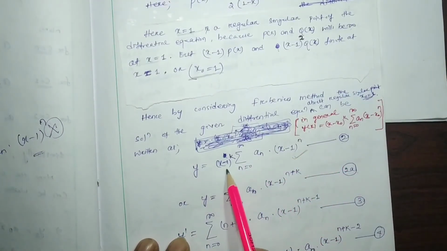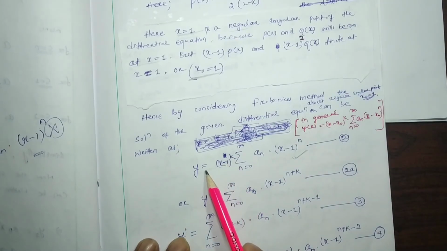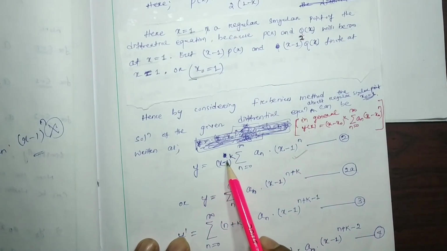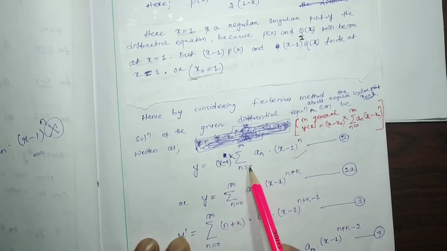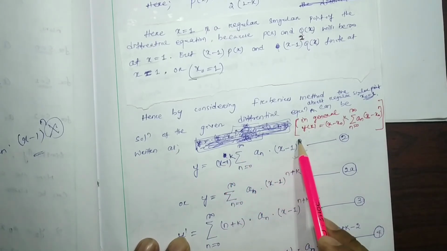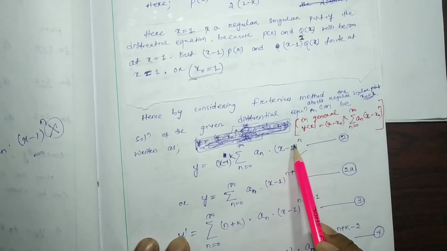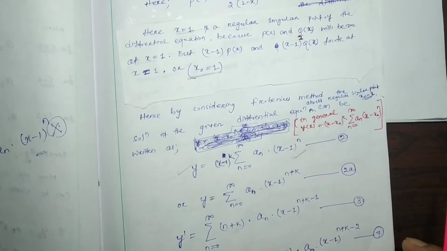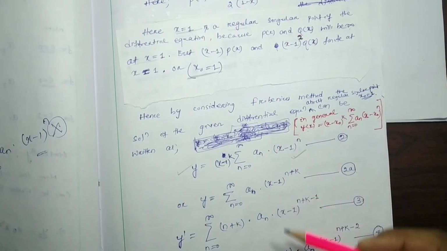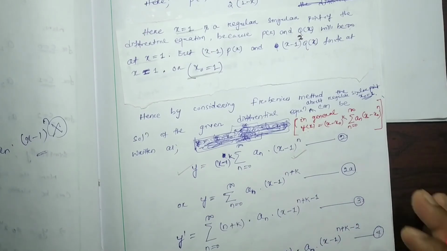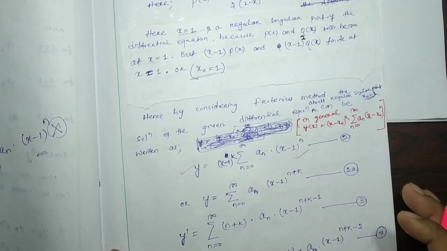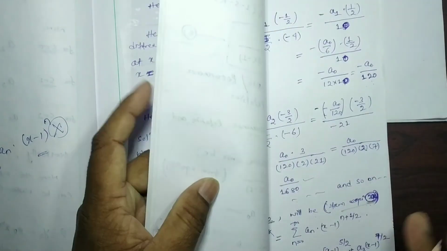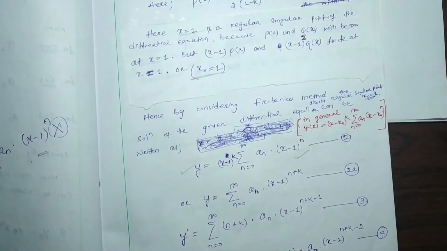So hence the general solution is going to be considered as (x minus 1) to the power k. Here x0 is 1. If we consider x0 equal to 0, it will be x to the power k, summation over n equal to 0 to infinity of an x to the power n. As x0 is 1 here, the general solution is going to be considered this one, and we did all the similar steps that we did for x equal to 0 as a singular point, and we solved this one step by step. You write this note perfectly.